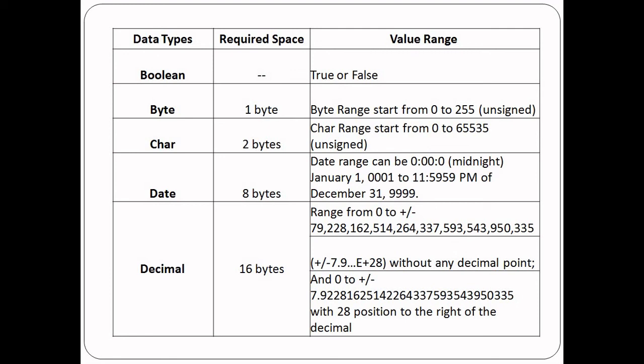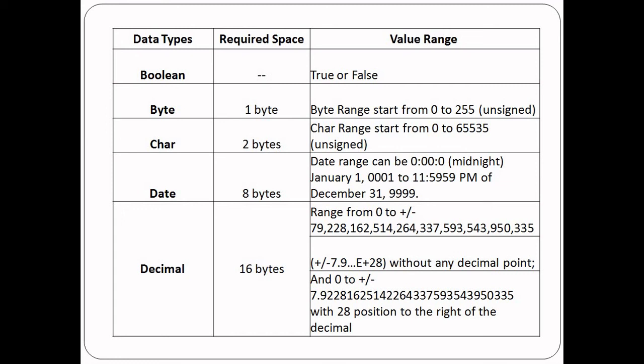The next one we have is byte. Byte is used to store numbers from 0 to 255. Size of byte in VB.NET is 1 byte, which means it can store, in terms of memory capacity, 1 byte of data, and in terms of numerical range, it can store numbers from 0 to 255. If it is an unsigned data type, it means it can only store non-negative numbers. It cannot have negative numbers. It can have only non-negative numbers, that is positive numbers it can store.